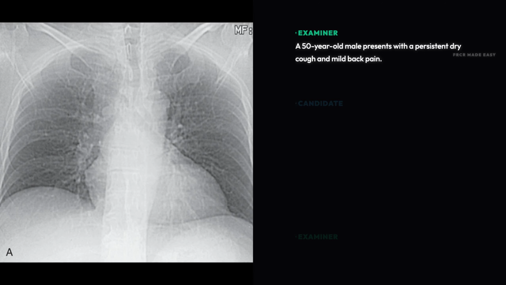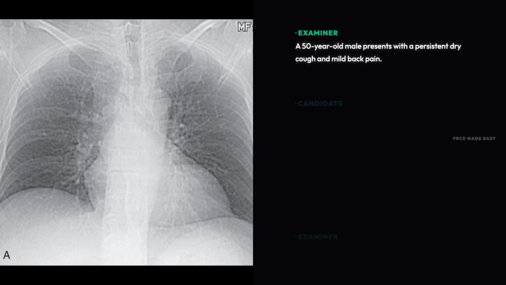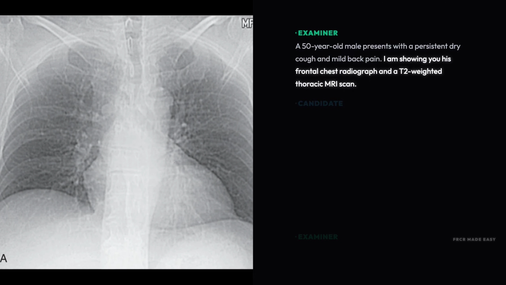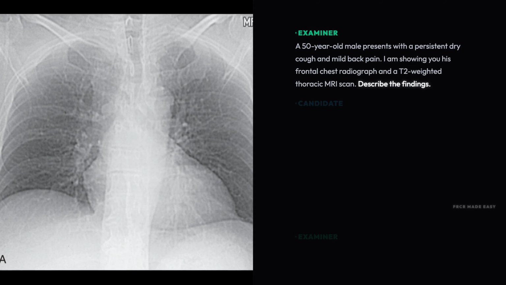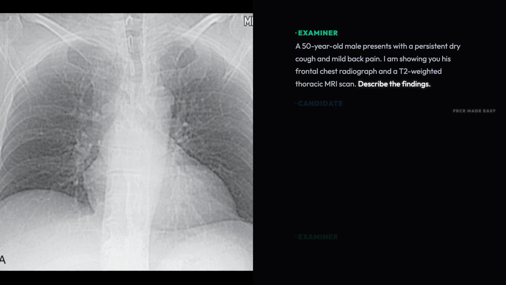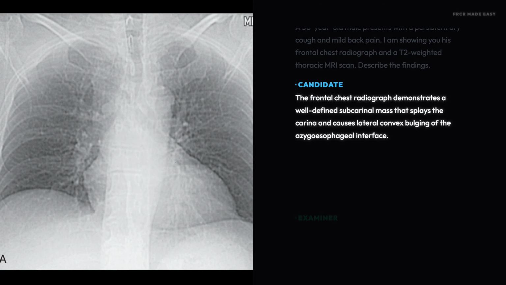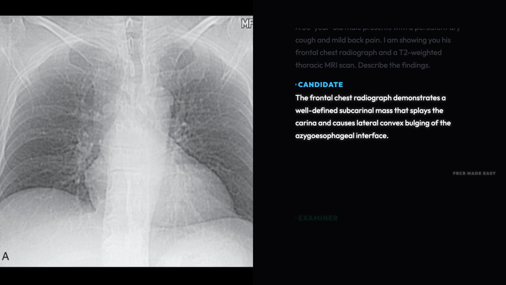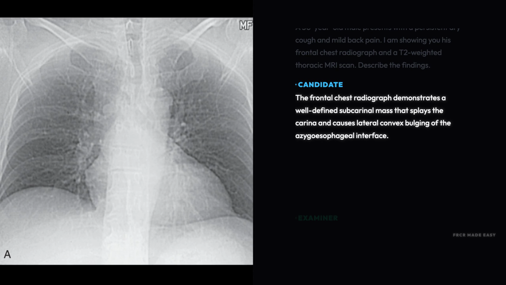A 50-year-old male presents with a persistent dry cough and mild back pain. I am showing you his frontal chest radiograph and a T2 weighted thoracic magnetic resonance imaging scan. Describe the findings. The frontal chest radiograph demonstrates a well-defined subcarinal mass that splays the carina and causes lateral convex